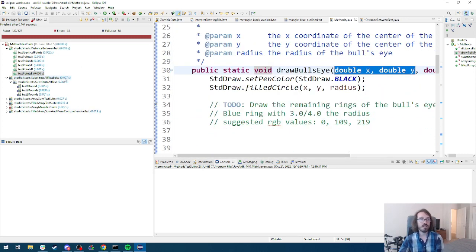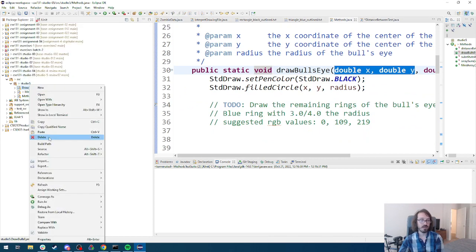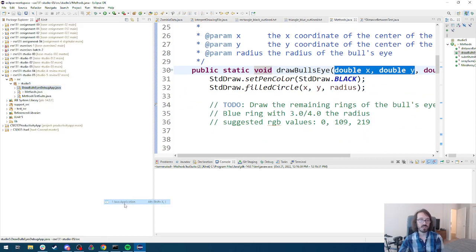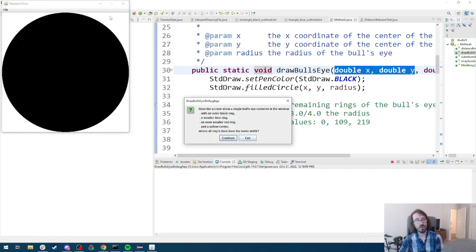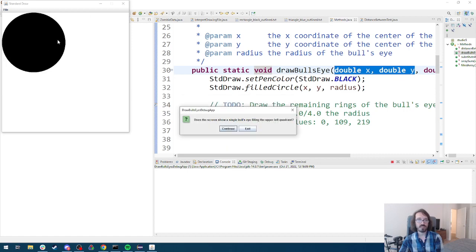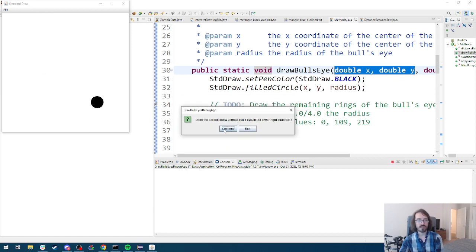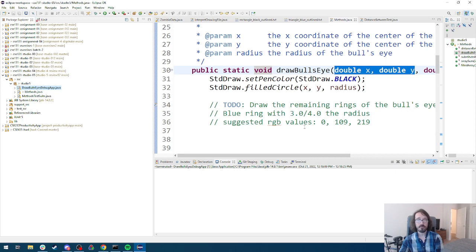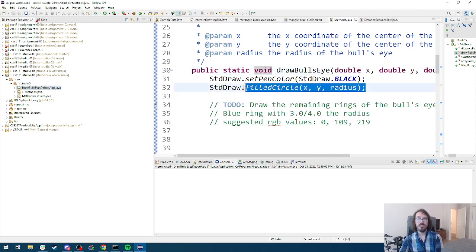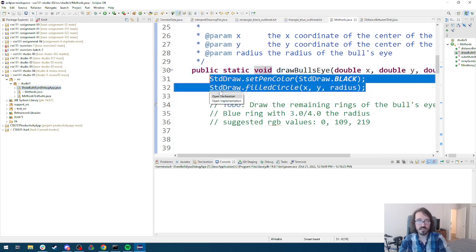So if you run the bullseye debug app right now, before we've written any code, what we'll see is that we've done the black circle for you, right? Here it is. We used filled circle. We plugged in X, Y, and the radius, right? And if you continue, you can see that it tries to draw more bullseyes using the method, right? Okay. But we need to do the rest of